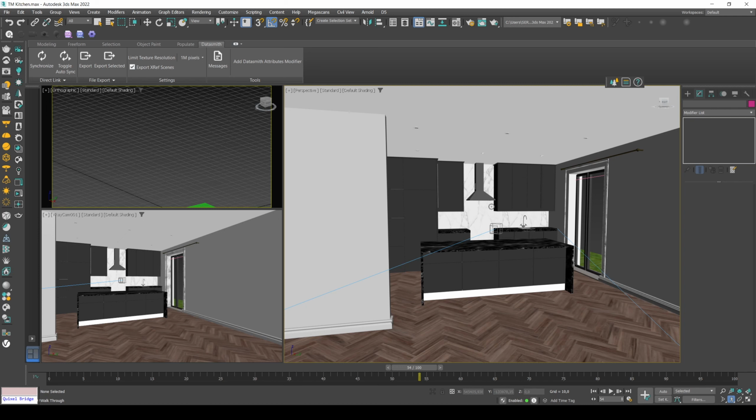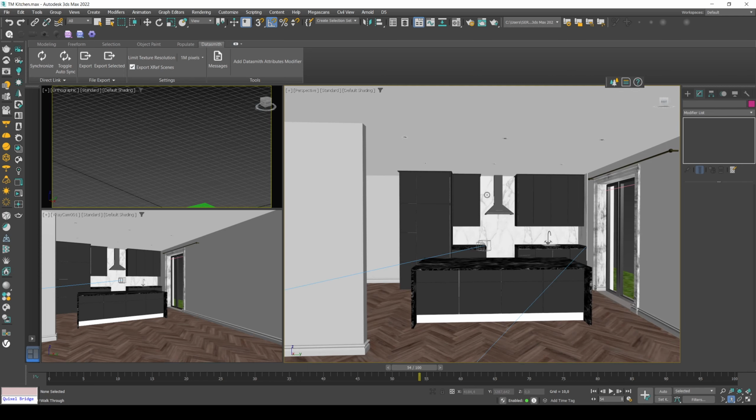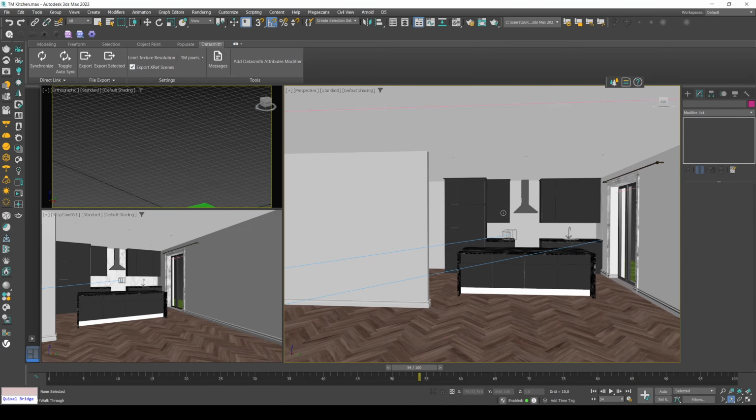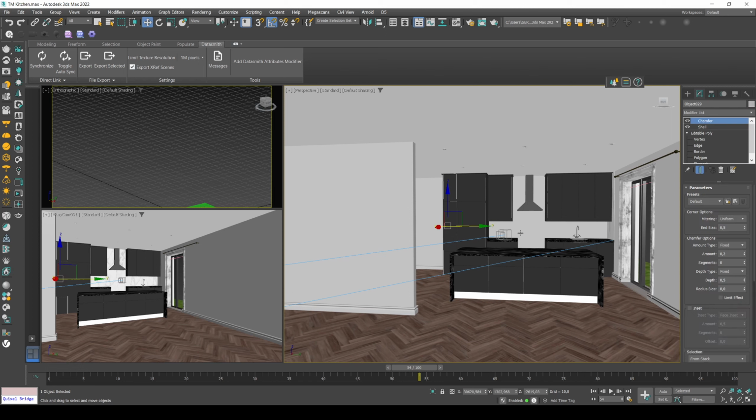You can see only raw models, which are easier to manage. If you want to change something in your project, you can just make your changes. After that, export easily with only that. That will be very quick and easier to control. With this method, you will save so much time in Twinmotion. Our final step will be exporting this Max file to Twinmotion.